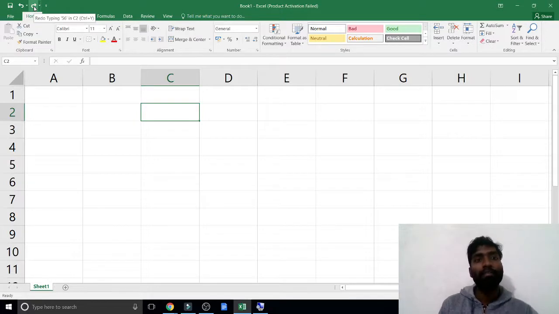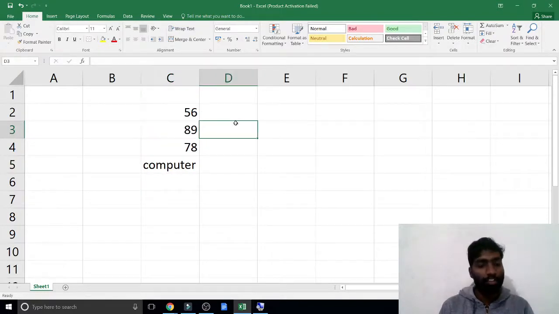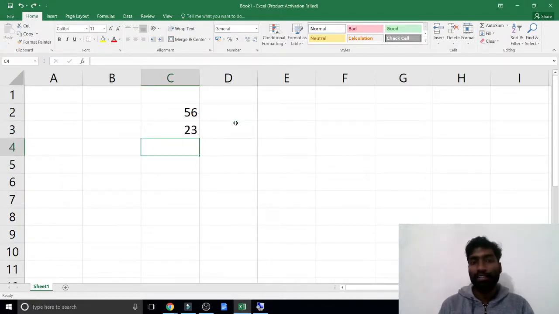If you are going backward, it is called undo. If you are coming forward, the shortcut is Control Y for redo. Again I am using the shortcut Control Z, Z, Z, Z, it is going to the previous. If I press Control Y, it comes forward, 89.